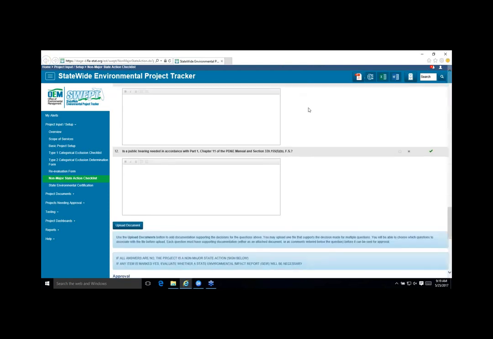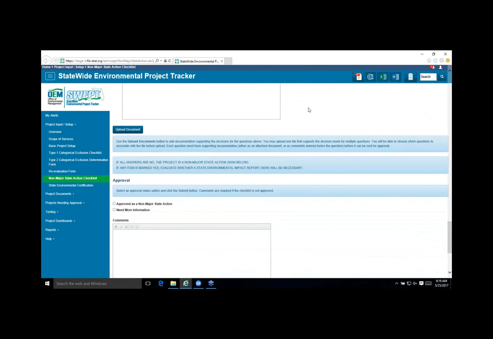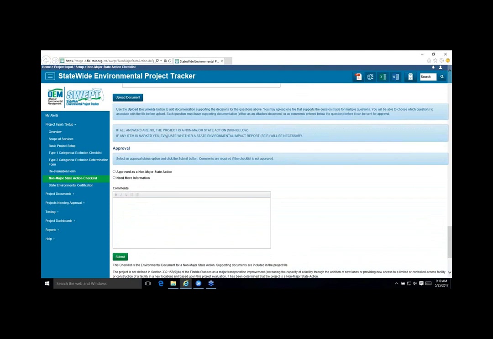So scrolling to the bottom, I have the opportunity now. You'll see some information on here. Select an approval status option and click the submit button. So I can approve this as a non-major state action, or I can kick it back to the data entry person and let them know that we need more information.